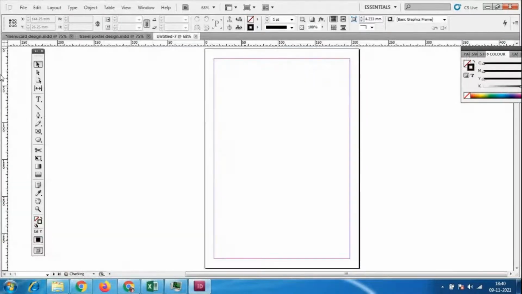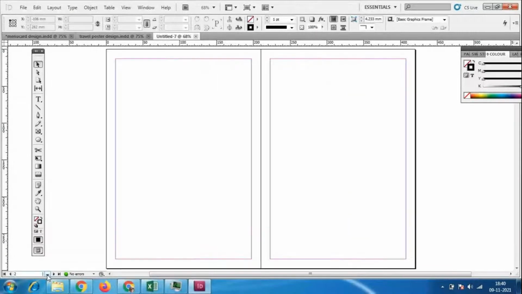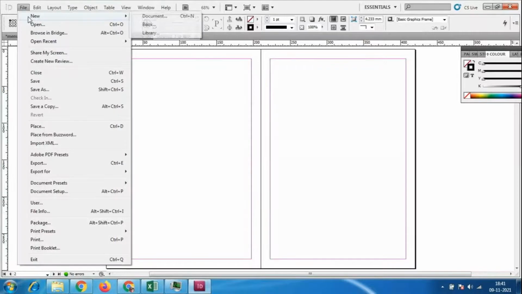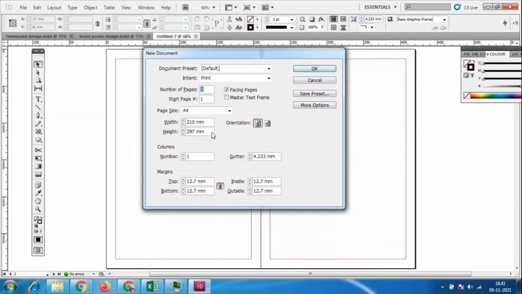Look at here, can you see everybody? I have added 999 pages here, so in total I'm having 999 pages. Suppose I go to new document and add 1000. Look at here, 1000 I have added.